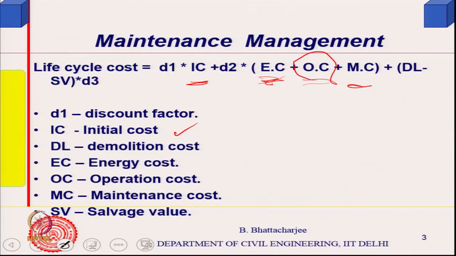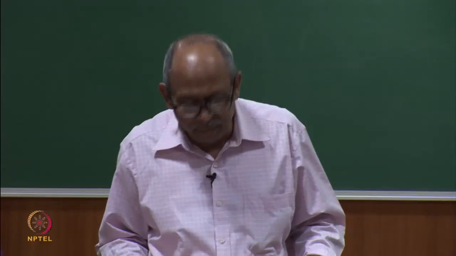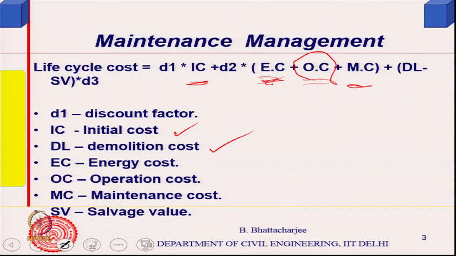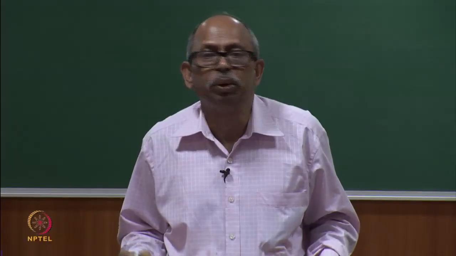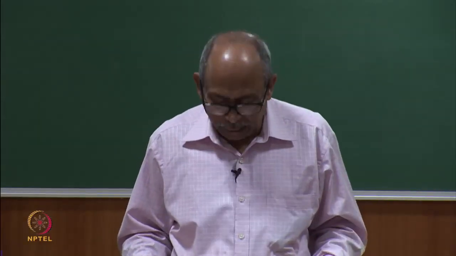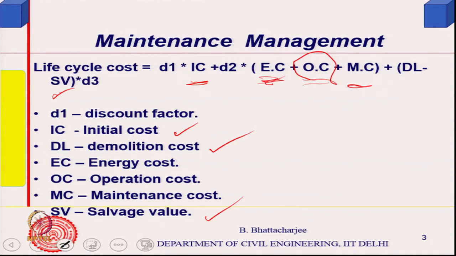The other one is demolition cost. There is a demolition cost involved at the end of its life, minus something you were able to salvage out of this. Supposing you demolish a building, you might get some elements which you can sell. So, that is salvage value. So, DL minus SB, and these need discount factors, because initial cost